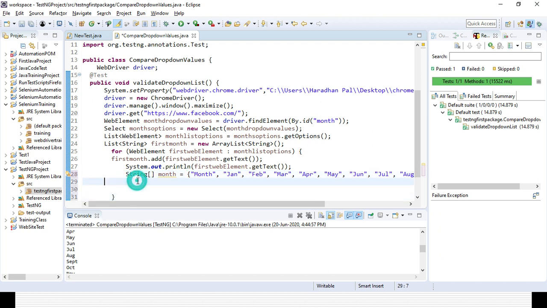Okay. So I am using a list, which is of type string, and I am giving the variable name as expected month list equal to new array list, right? And its type will definitely be string.